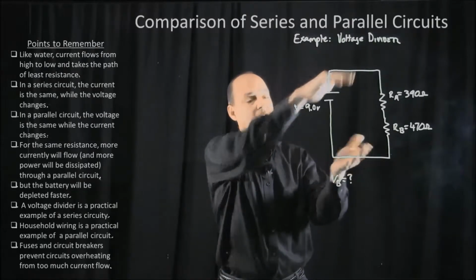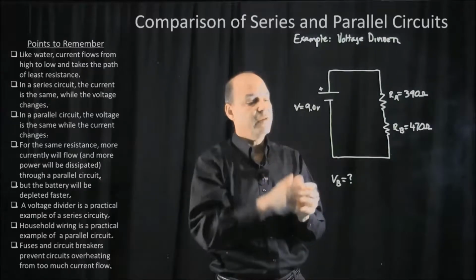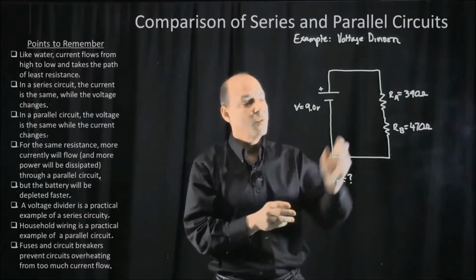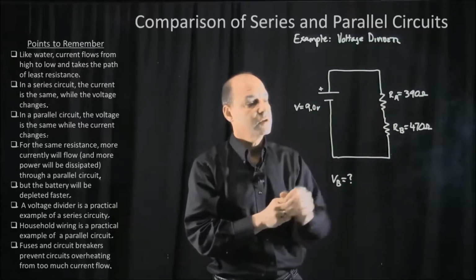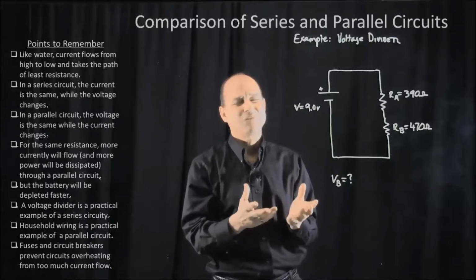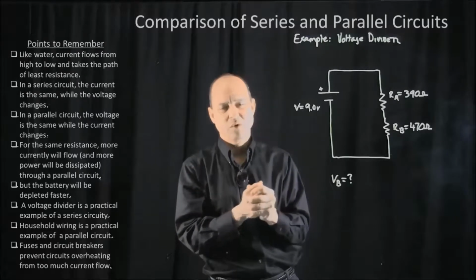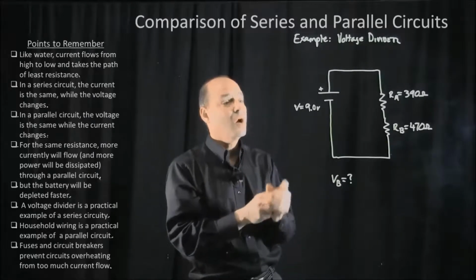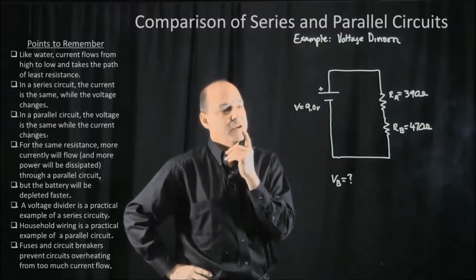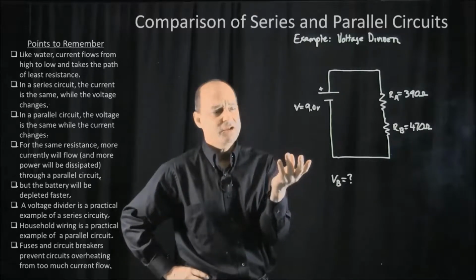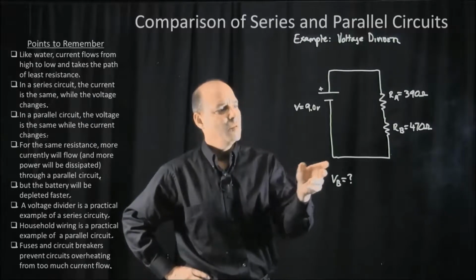The voltage drop across both of the resistors is 9 volts, but the question is, what is the voltage across resistor B? Now, why are we doing this, Mr. A? Sometimes I get this question from students that want me to make everything relevant for them. Well, say, for example, you had some sort of a power supply that you plugged into the wall, and you wanted to plug